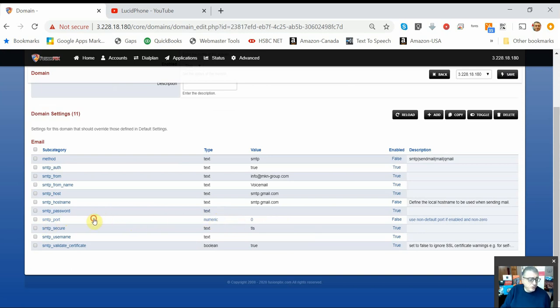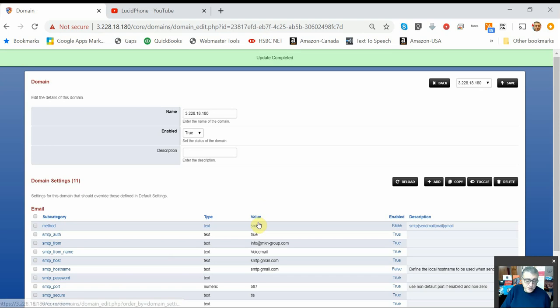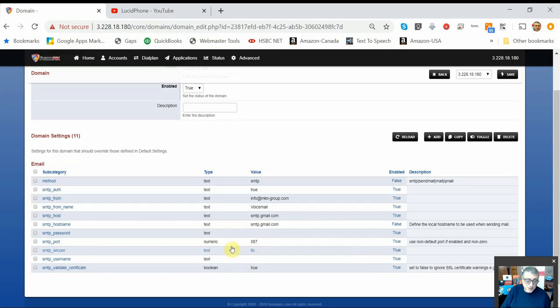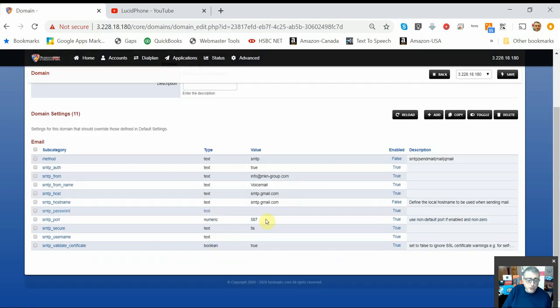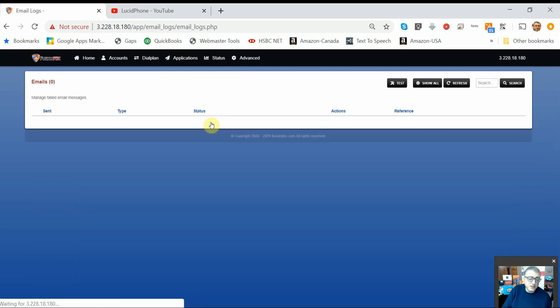The port with Google now it's 587, and you have to enable it, of course, and using TLS. So basically, except for the password that I'm not going to put now, everything is ready. After you put all these things, if you go to status and email logs, it's going to show you all the bounced emails. And also you can do a test. So of course now it's not going to go through,